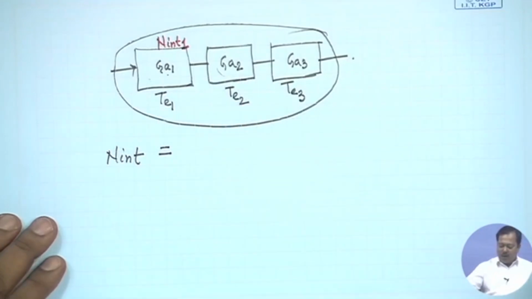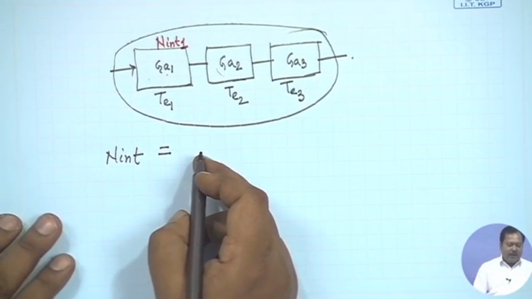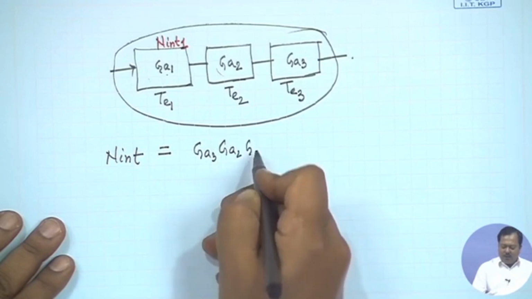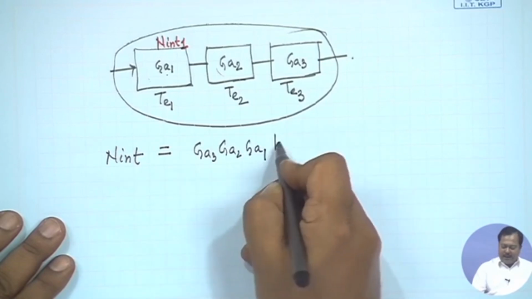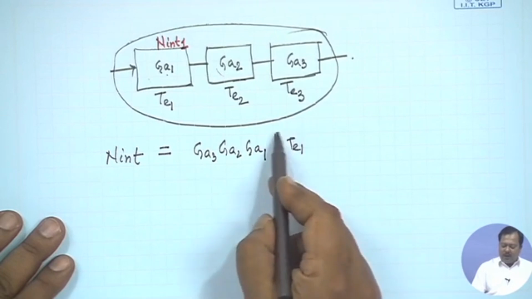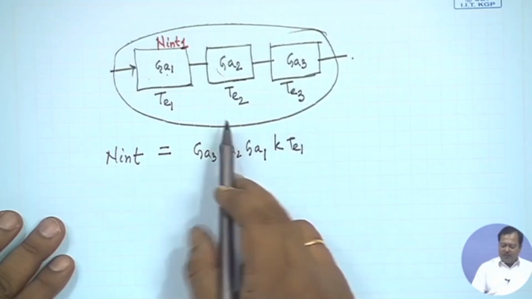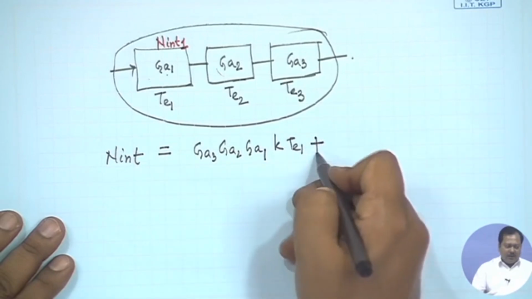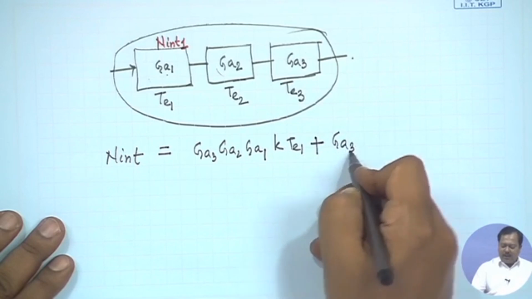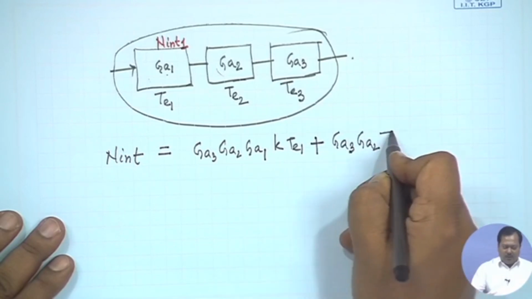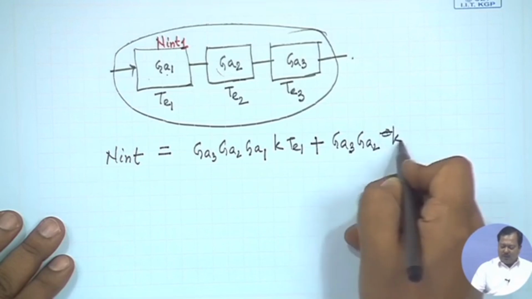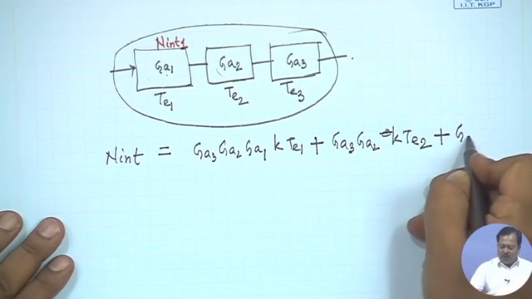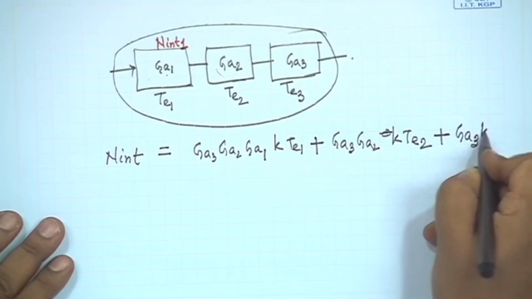Then the total noise contribution N internal, for the first one, is GA3 GA2 GA1 k TE1. This is the noise produced by the first one, amplified by all three amplifiers. For the second one, it is GA3 GA2 k TE2, and for the third one